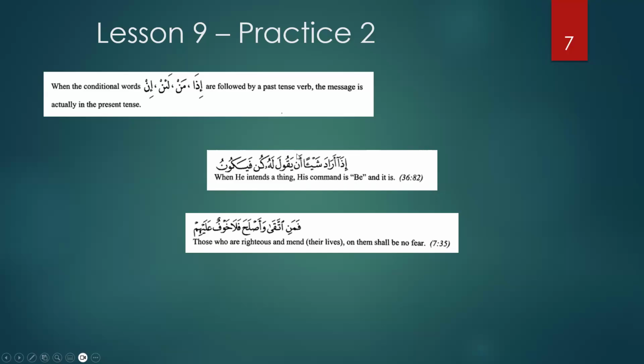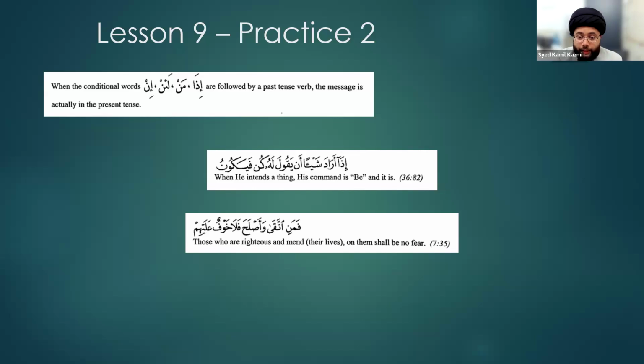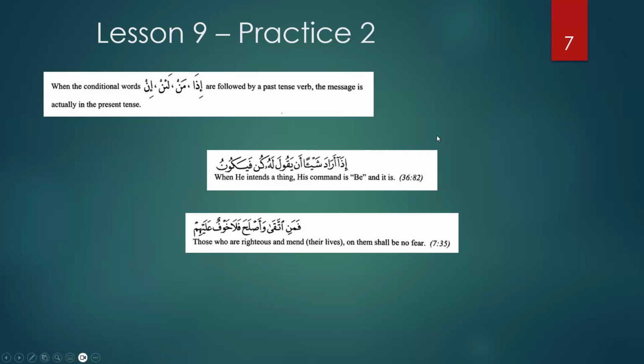So I have a quick question. Iza is a conditional word, and we said the conditional word is usually majzoom, but arada is mansoob. So over here, typically a conditional word is supposed to come and make things majzoom. So is it just because it's a verb, because it's a present tense? Because now we're counting it as a present tense? Overall, it is going towards the present tense. The meaning of it is going towards the present tense, not the word of it.